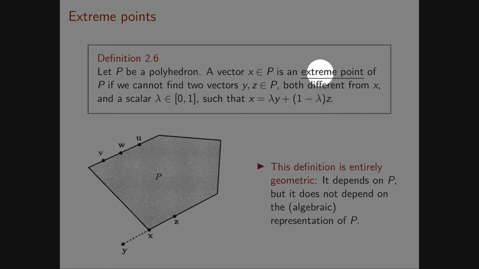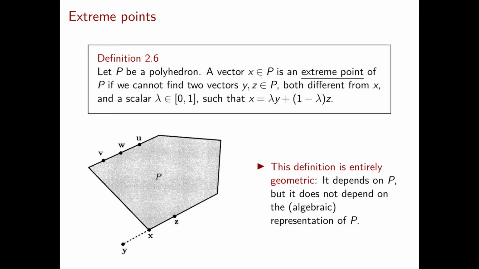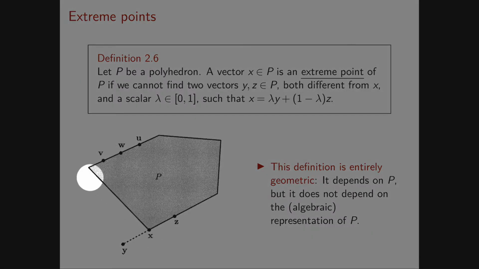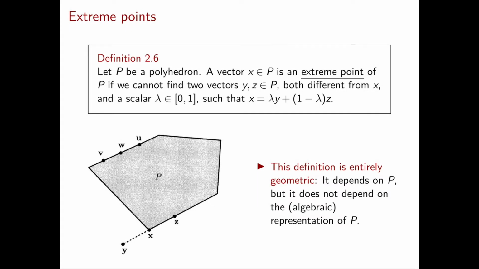The first is the definition of an extreme point. So what's the idea behind this definition? This pentagon down here will be our running example. Here, the points that we want to define, so those points that for us are informally called corner points, are clearly 5. This one down here, this one, this one, this one, and this one. So how can we come up with a mathematical definition?